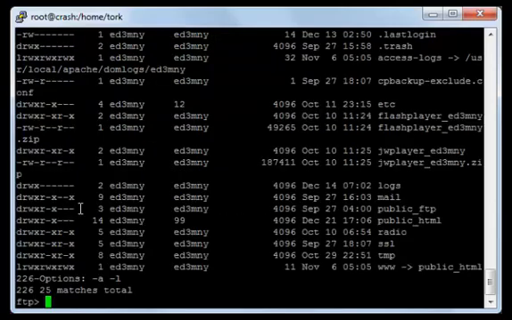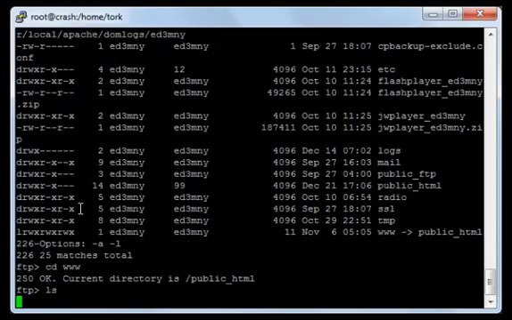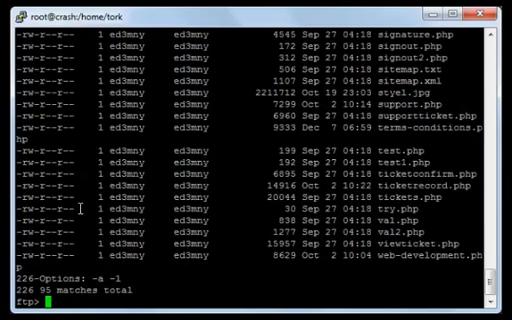Now I'll type ls to list the files. I have listed all of the files. I will go to a directory that has the name www by cd and enter. Now I'm in the directory. I'll type ls to list the files. Now, as you can see here, a list of all of the files that are in the directory www in the website